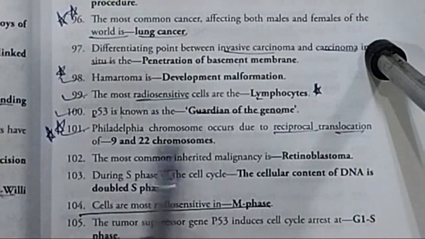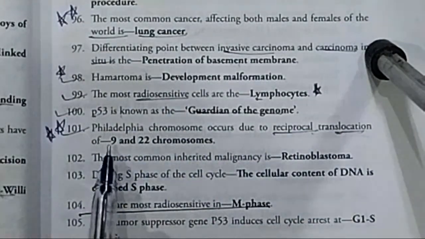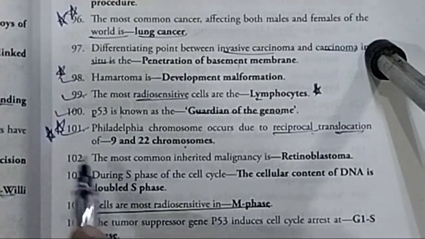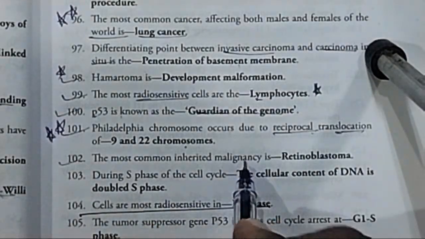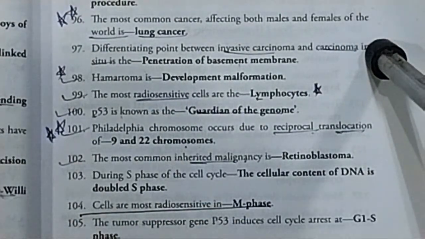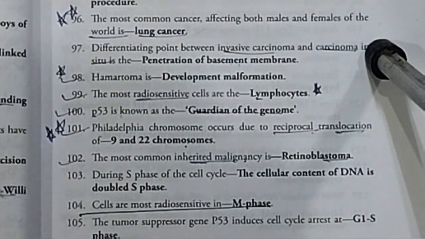The Philadelphia chromosome occurs due to reciprocal translocation between chromosomes 9 and 22. Now, the next important MCQ: the most common inherited malignancy. Do remember, the most common inherited malignancy is retinoblastoma. In the four options, they can ask you this. You all need to mug up,